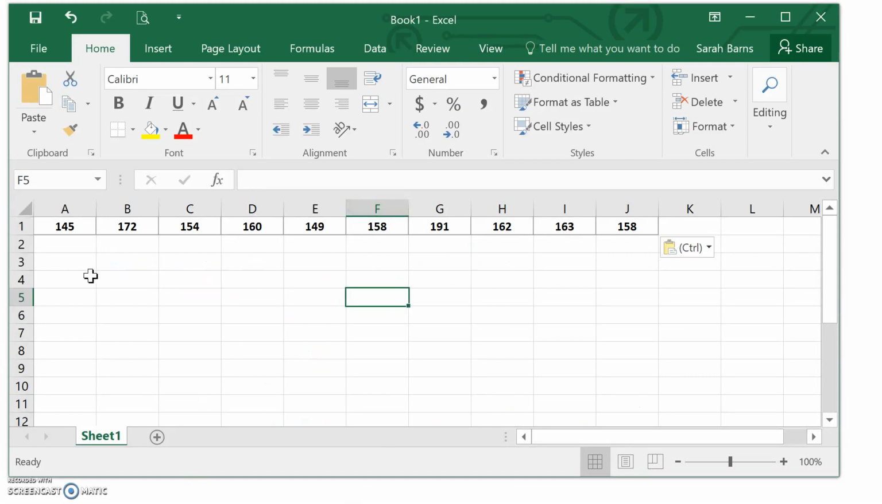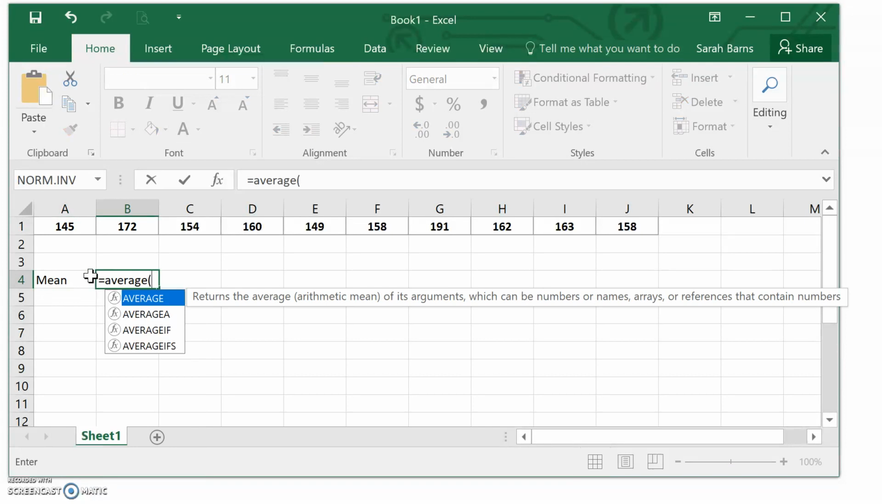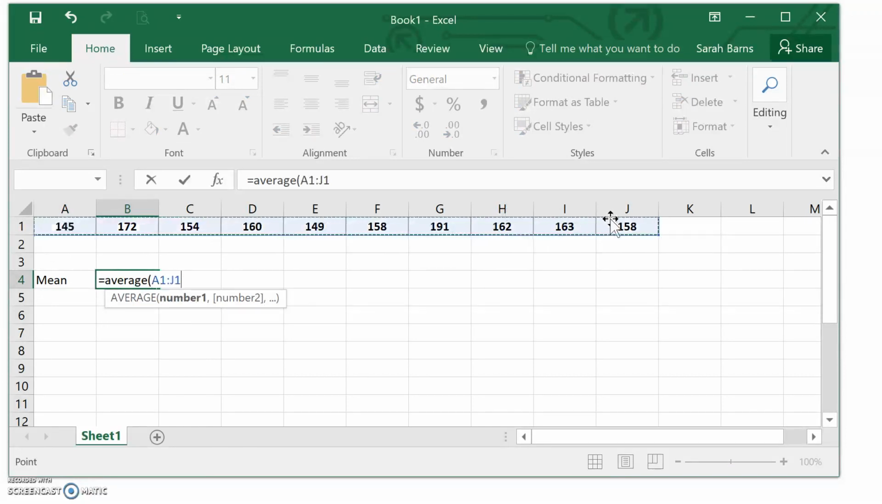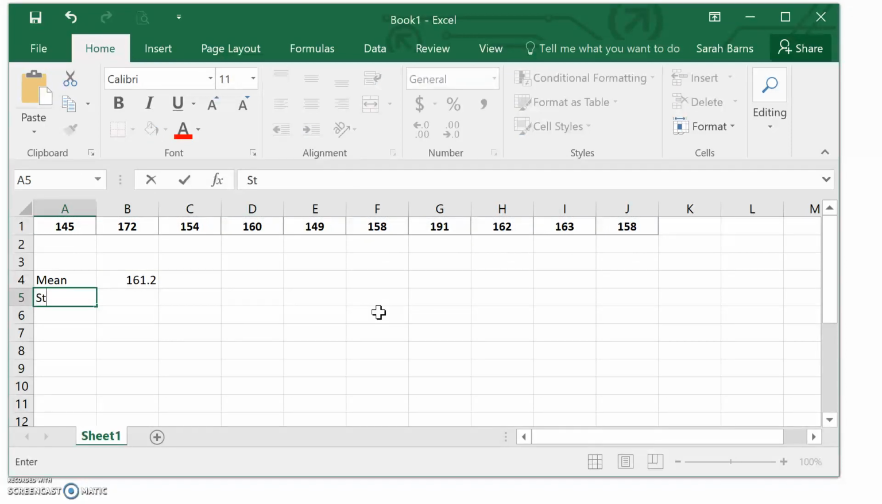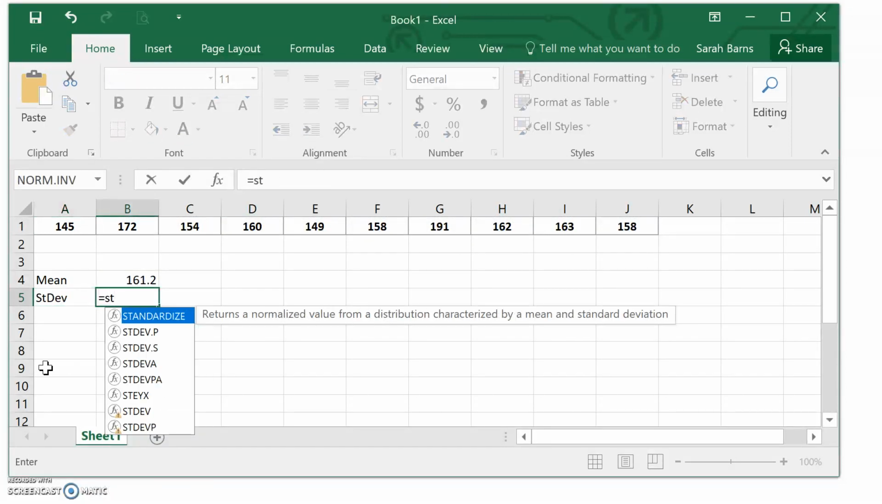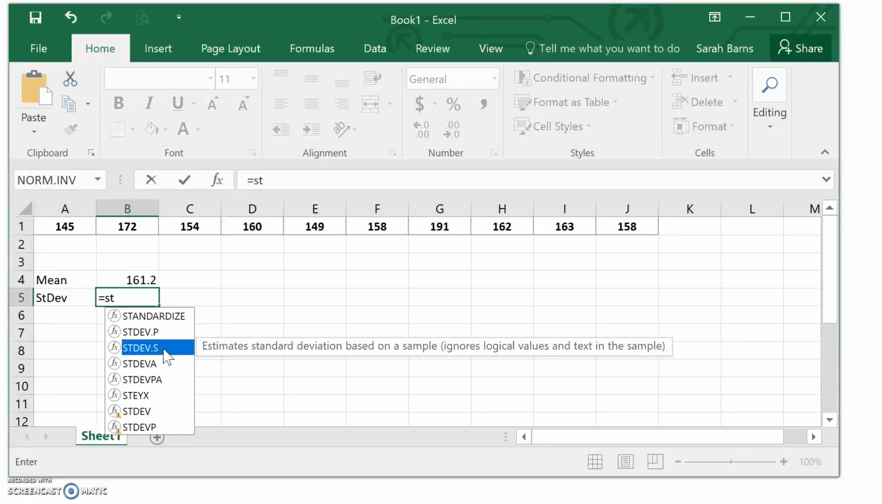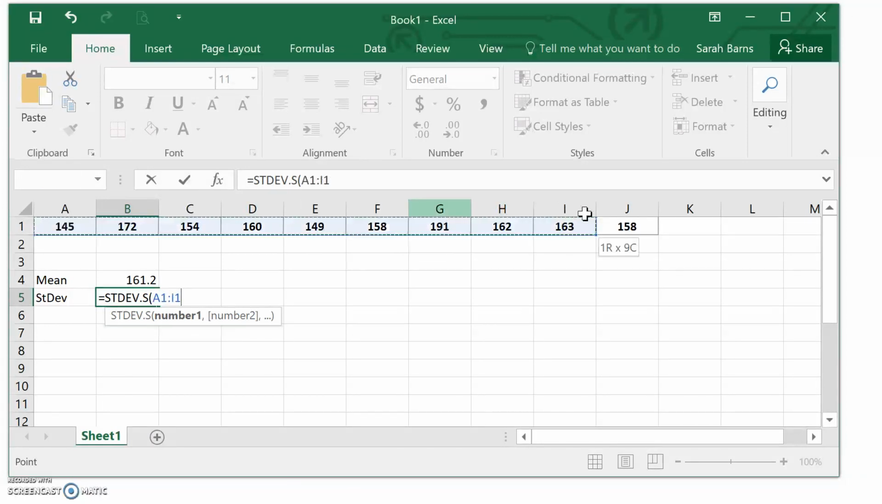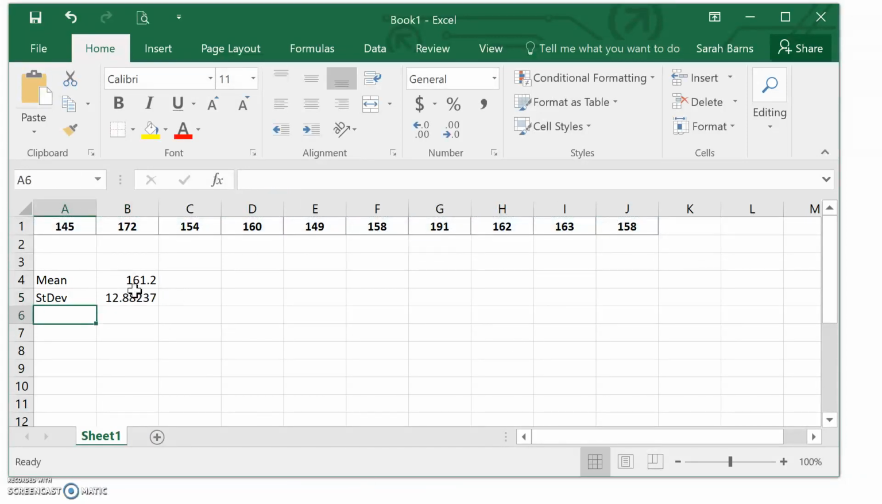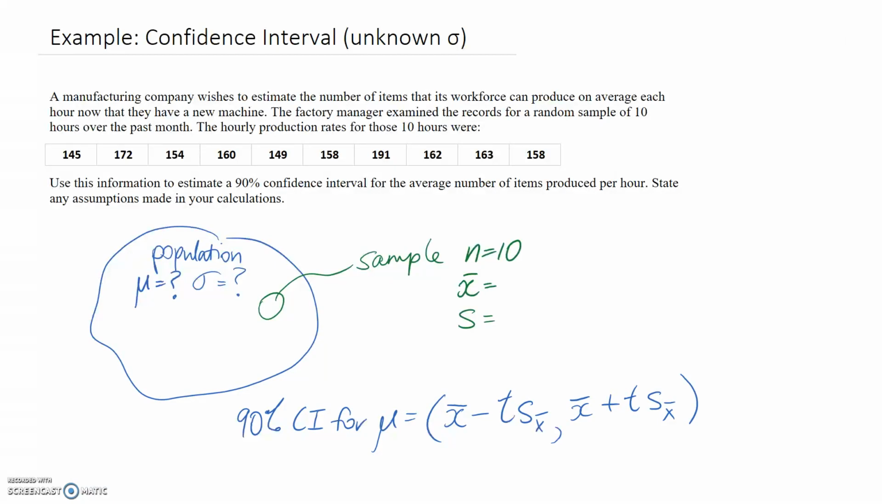So I've copied in our information here. So we'll start with the mean of our sample. So it's going to be average in Excel, highlighting this across. And then we also want the standard deviation. And I'm going to pick this one here with the .s because it's based on a sample rather than the population. So again, just highlighting this, and we've got our result. Equally, you could get these from manual calculations or using your calculator as well. Alright, so marking in those values we just found out, so 161.2 for the mean and about 12.88 for the